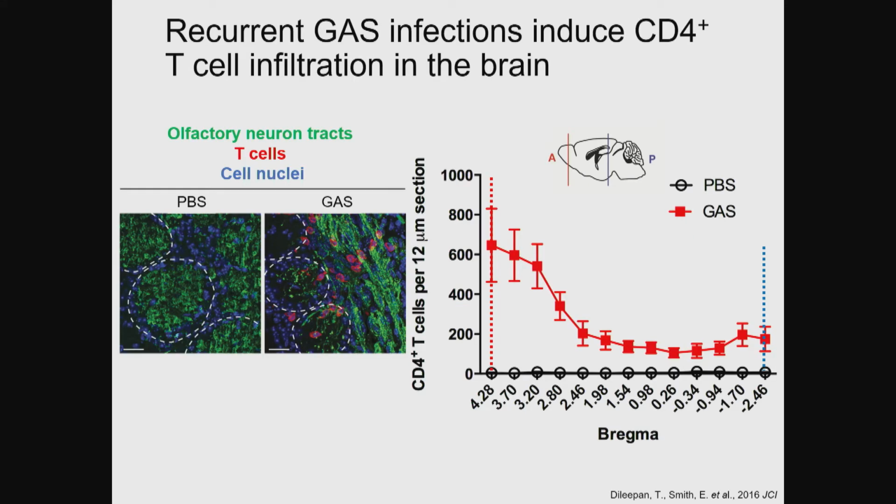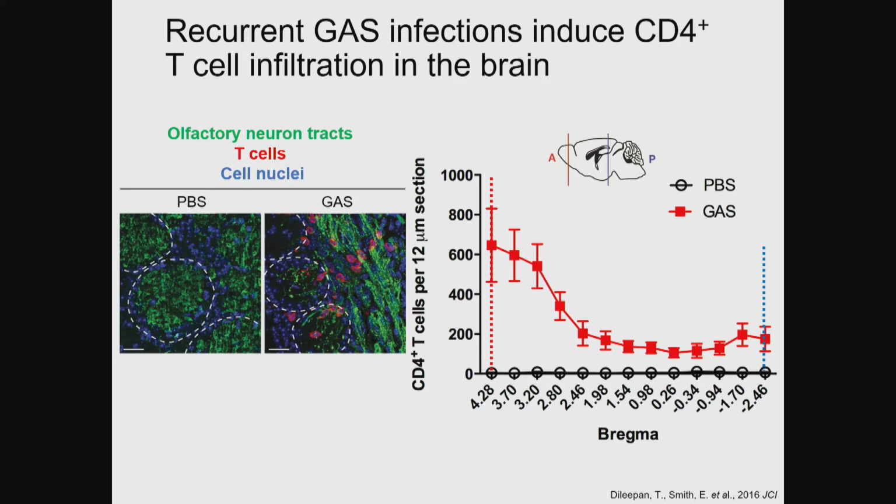So we first looked for the presence of T cells in the brain. We didn't know what to expect. And what we found was, first look over here on the left in this image, this is the anterior portion of the brain called the olfactory bulb. And in our control mouse, you can see these nice spheres of green. These are where the sensory neurons that sense smell, these olfactory neurons, land. And you can see in the mouse that's been infected with GAS, with group A strep, these red T cells stained for CD4. So these are helper T cells sort of along these axon tracts